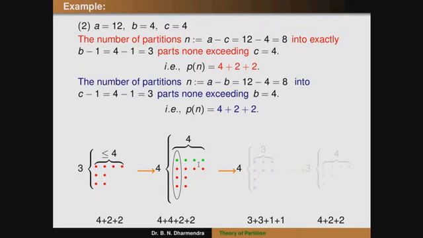You can observe here that 4 is less than or equal to b, 4 less than or equal to, and the terms are c minus 1, the top of the column. You can observe the terms of that are c minus 1, that is 4 minus 1, that is 3 plus 3, 1 plus 1. When I have to delete the column, the number of parts of the partition is 3 plus 3 plus 1 plus 1. Now we can take the conjugate, and this one we have to take in the conjugate.